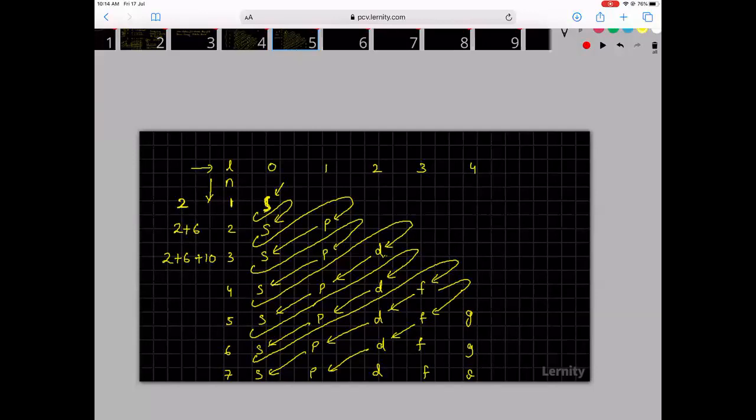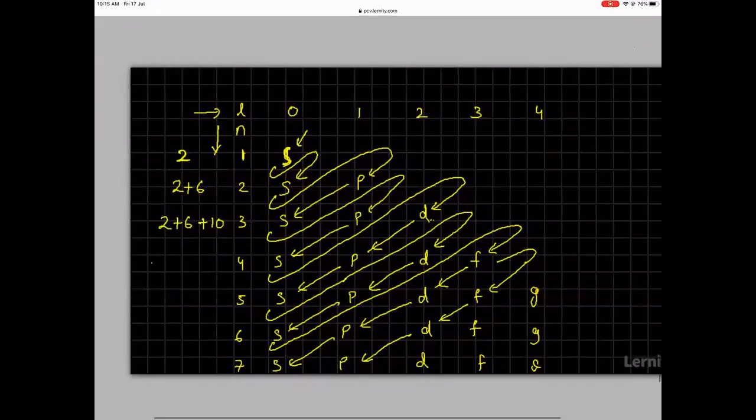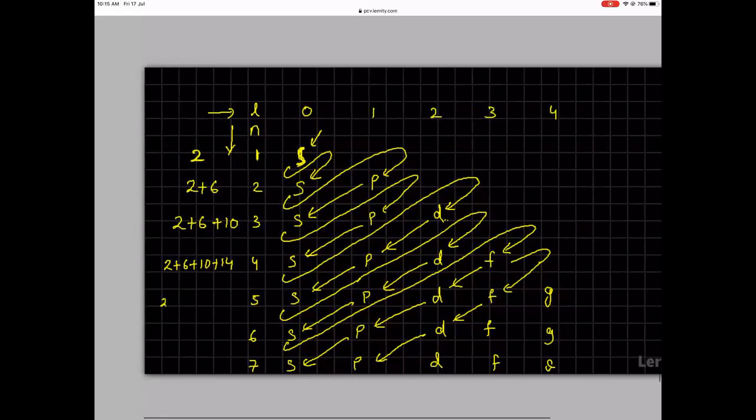So we are talking about 10 different elements. So here it will become 2 plus 6 plus 10 plus 14. So here also it will become 2 plus 6 plus 10 plus 14, because G is not filled. Yeah. So now when you go like this, here we are talking about 2 elements. Here we are talking about 8 elements. Here we are talking about 16 elements. Here we are talking about 34... sorry, 32 elements. Here we are talking of 32 elements.